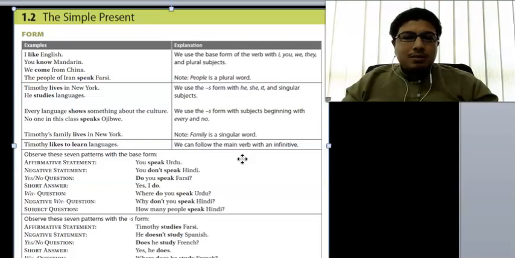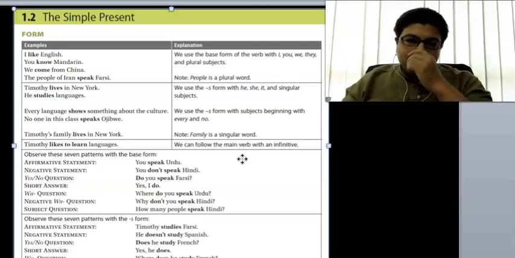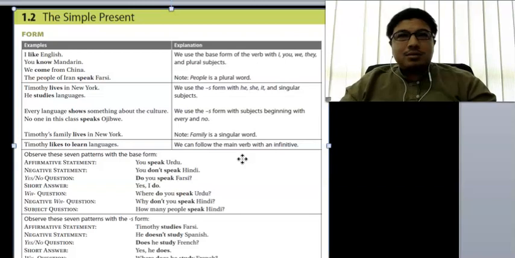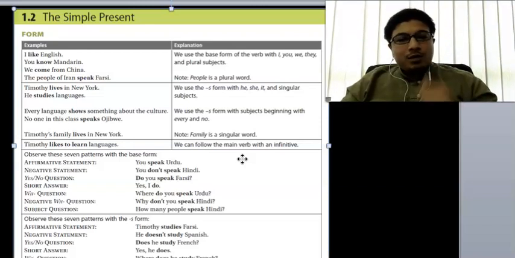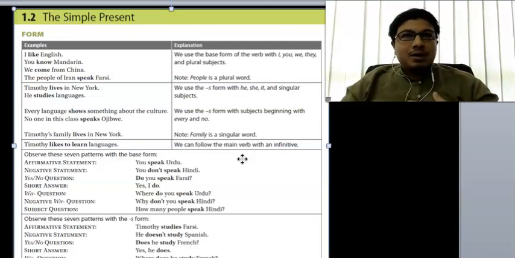So now let us move on to the simple present tense. Just now we talked about simple present tense, but the focus was the verb be: is, are, or am. But now let us take a look at simple present tense with a different verb. When you have one person, or the subject is singular, like I, like she, like he,